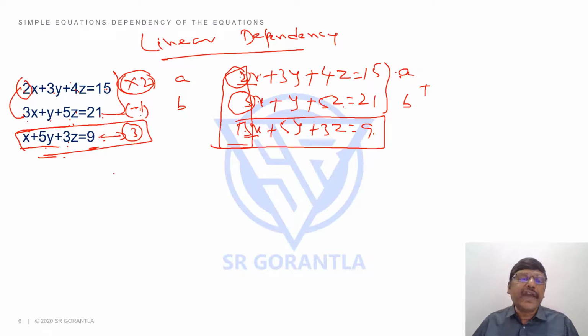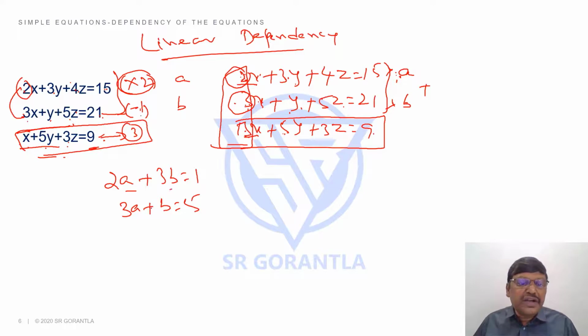2 times of a. Why? If I multiply this equation on both sides with a, 2ax. If I multiply with b, 3bx. So 2ax plus 3bx is equal to 1x, which means if I take x common, 2a plus 3b is 1. Similarly, 3ay plus by, when I add I should get 5y, so y is common, leave it: 3a plus b, I'm multiplying with b here, is equal to 5.